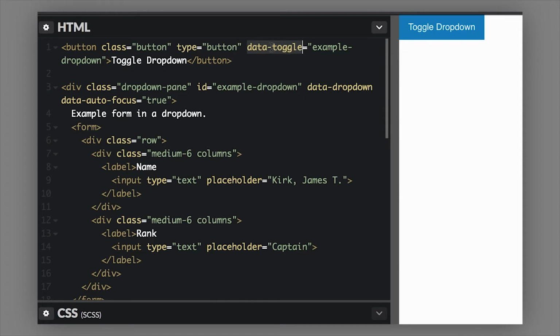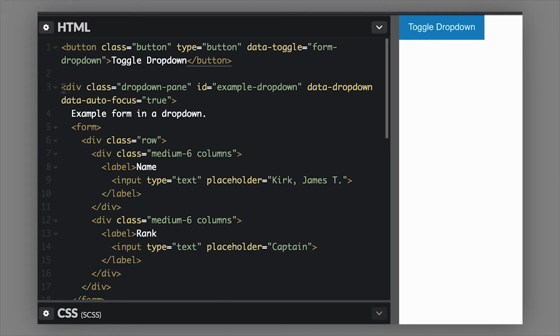So you'll see this very often. It's a repeated pattern, data-toggle, and then it's pointing to some ID. So this is example dropdown, but I can call this form dropdown because, as you see, it will have a form inside of it. Now, somewhere on your page, and it doesn't have to be directly after the trigger,